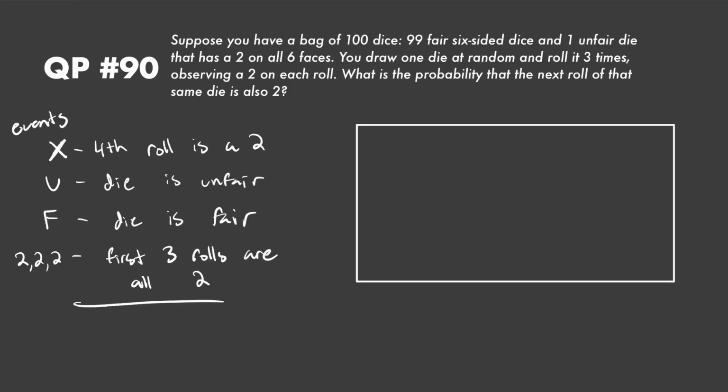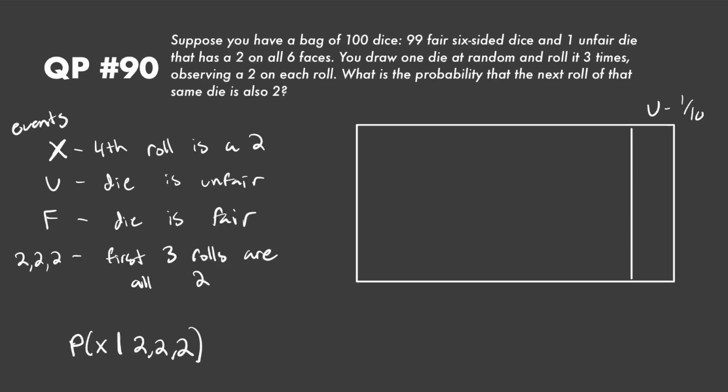Okay, so we define some events to make notation easier. We draw a probability space, you know the drill. And what we're trying to find is essentially the probability of X, that the fourth roll is a 2, given that the first 3 rolls are all 2. So we have 100 dice and we draw one of them randomly, so the probability that we take out the one unfair die is just going to be 1 out of 100. And obviously that means the probability that we draw a fair die is 99 out of 100,